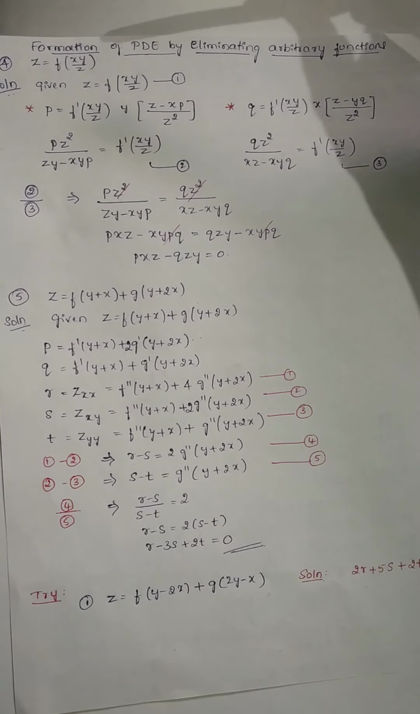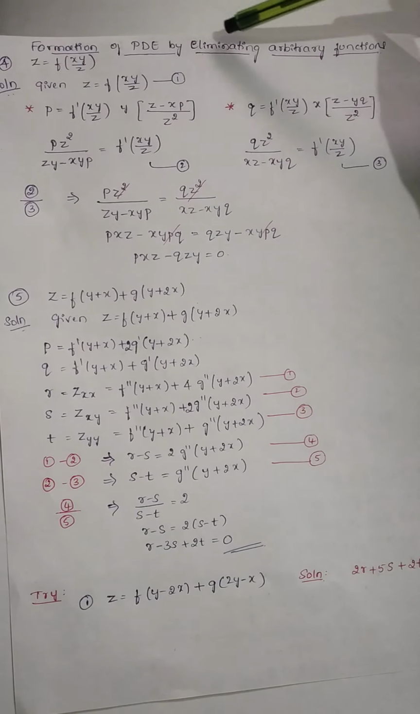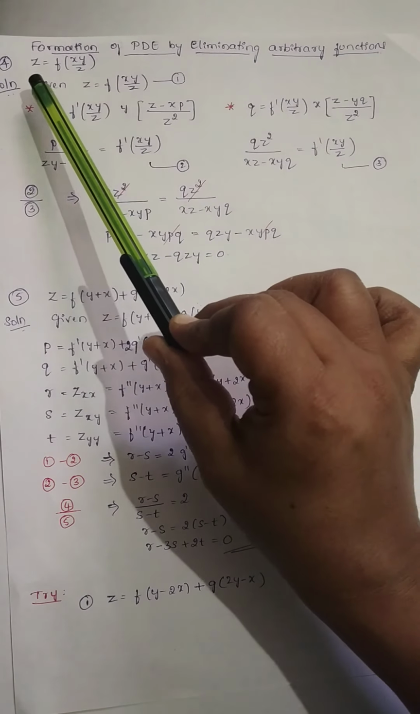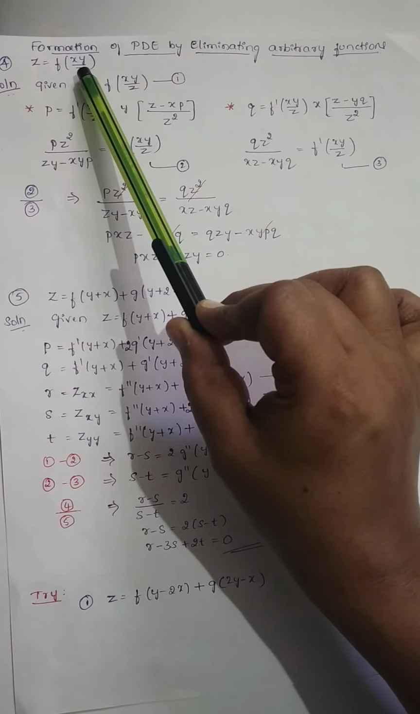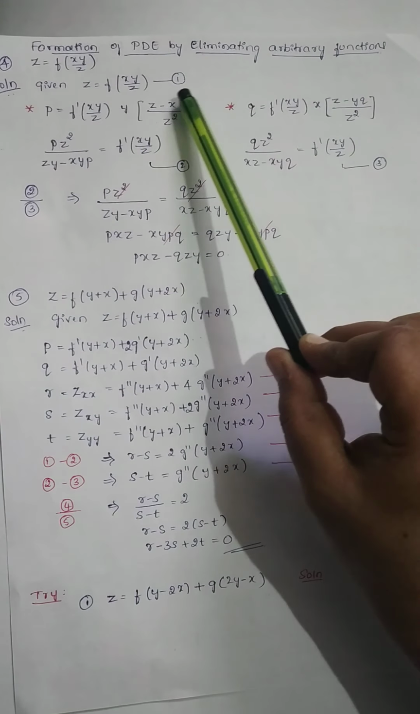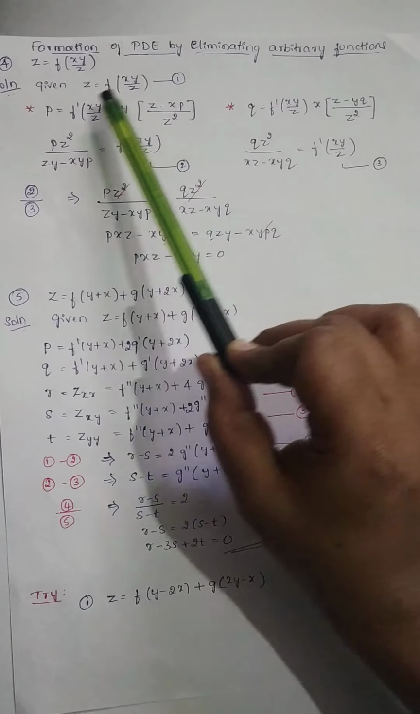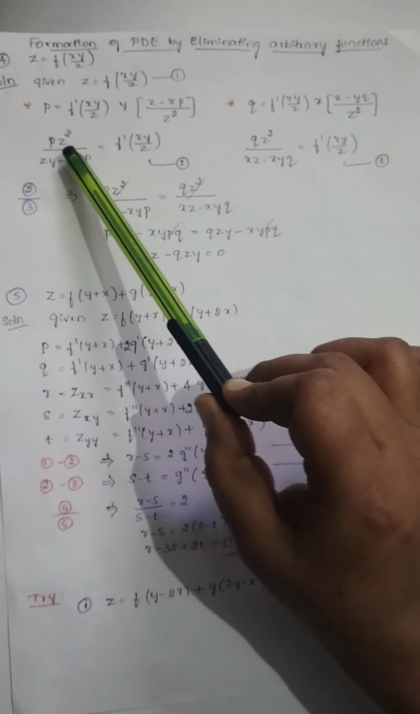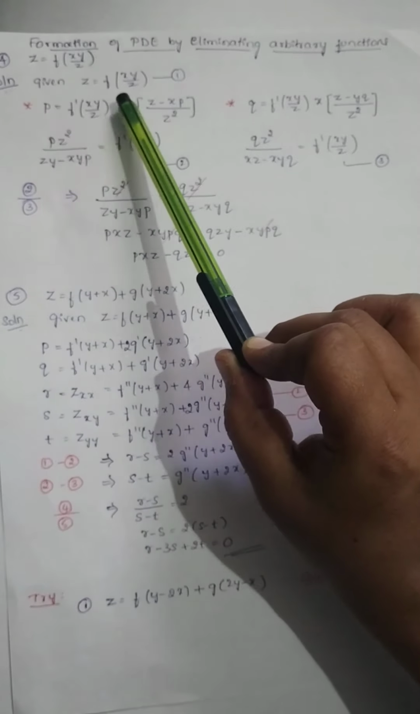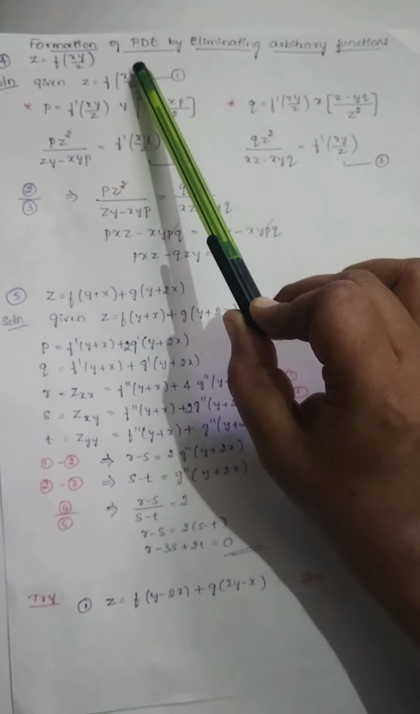Today we'll see some more problems on formation of PDE by eliminating arbitrary functions. Take one problem: z is equal to f of xy divided by z. Calling the problem as 1 and taking partial differentiation of 1 with respect to x, the left hand side will be del z by del x, nothing but p, and differentiation of f of